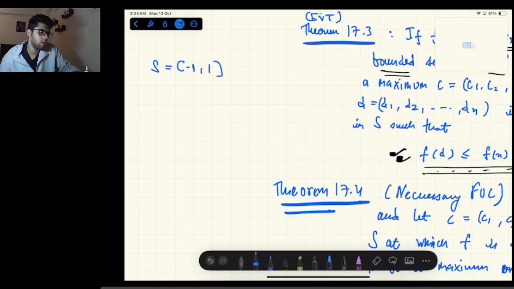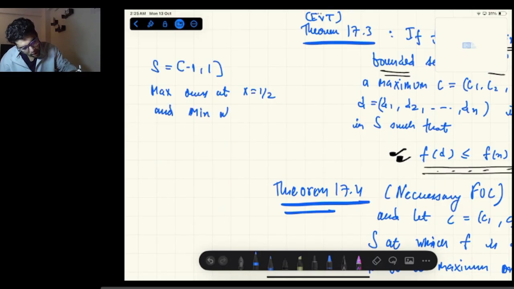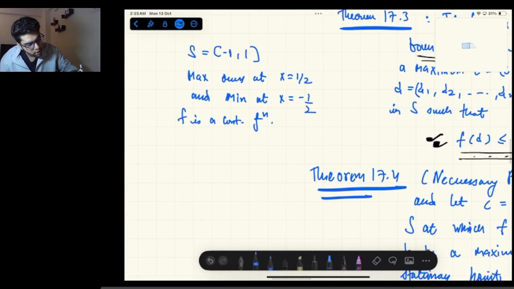So let's just assume the max occurs at x is equal to half, and min occurs at x is equal to minus half, right? So what this means is, and also f is a continuous function, right? So what this means is, for all x belongs to S,